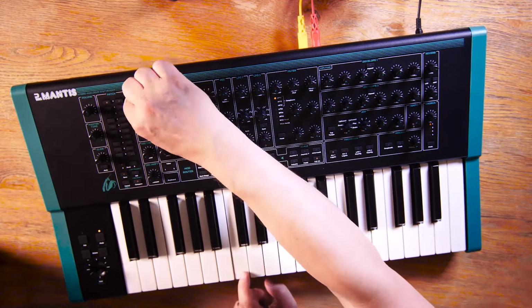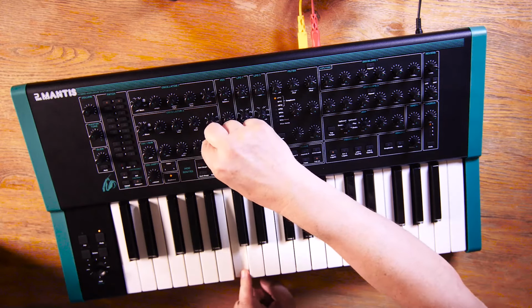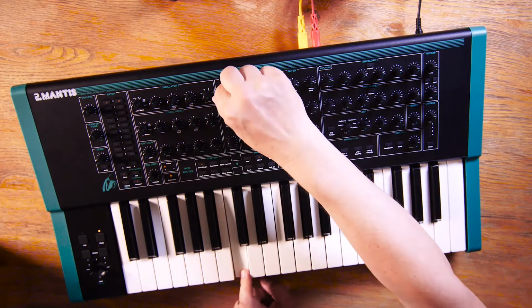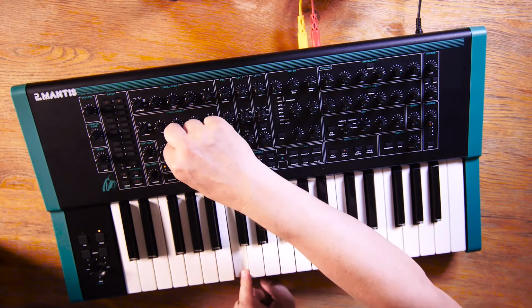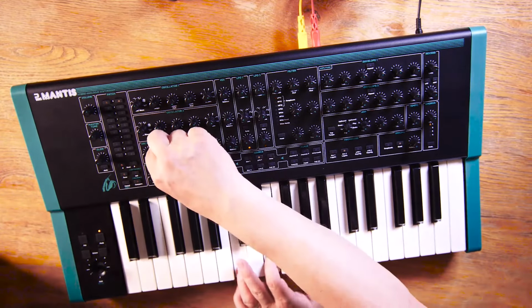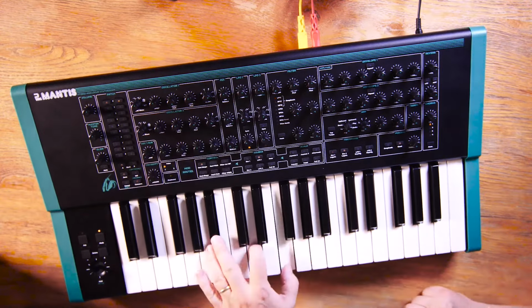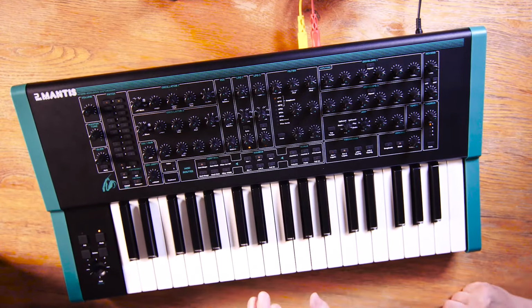If I go to a saw on here as well, tell me when I'm on saw. You're on it. So then I've got 2 here, and then I can further detune. That's 2, that's 1, and then with more density. So you can get very quickly to something, go into quad, and you can have quite a big sound. It's quite a nice fat kind of...